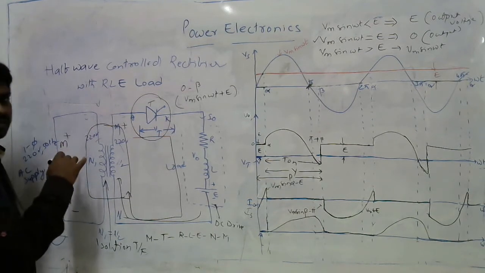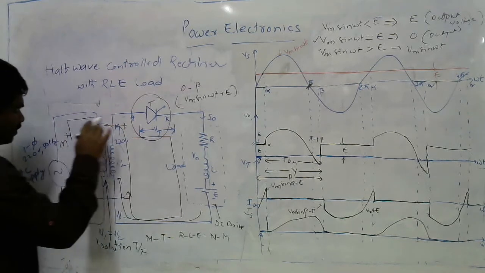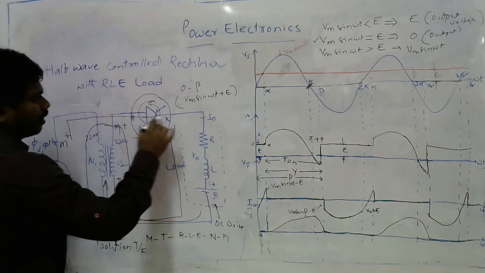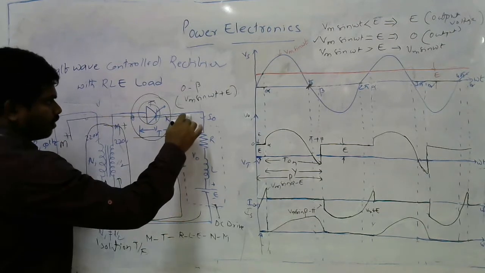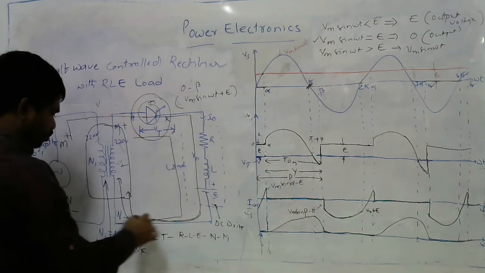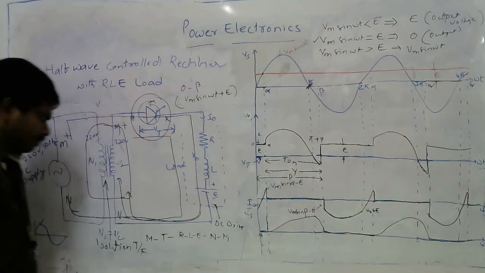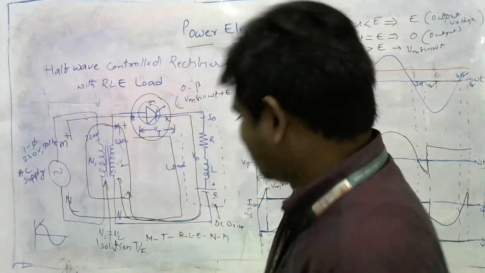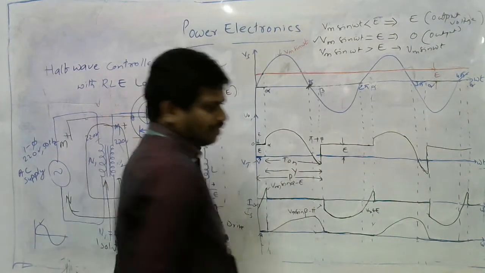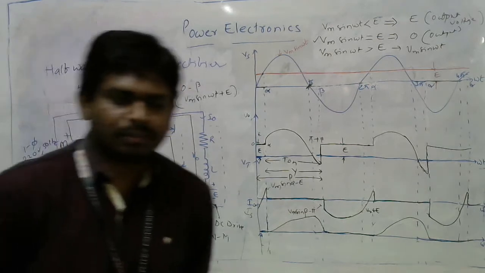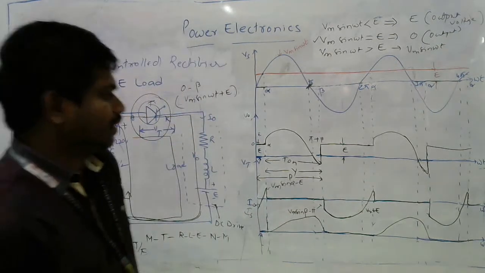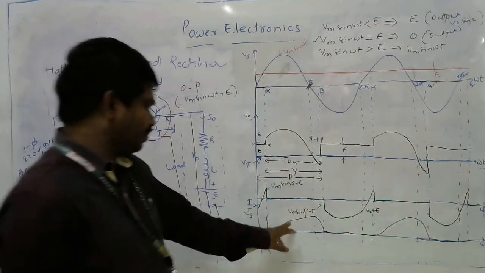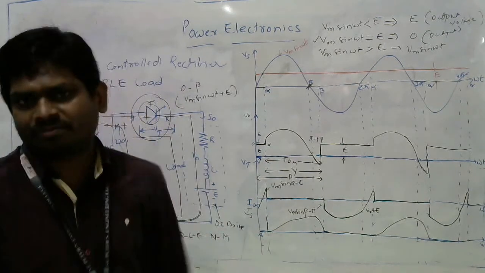If you apply the positive half cycle, then current is coming like this, entering into the thyristor. The thyristor is immediately short circuited and allows the current to flow. Then it follows the circuit and goes back to the source directly. What happens in this case? What is the nature of the current flowing through both load and source? Look at the waveform of the current. Is it a sinusoidal waveform?